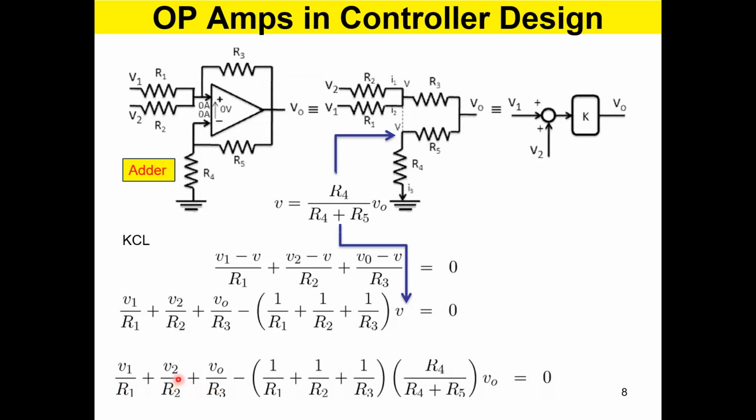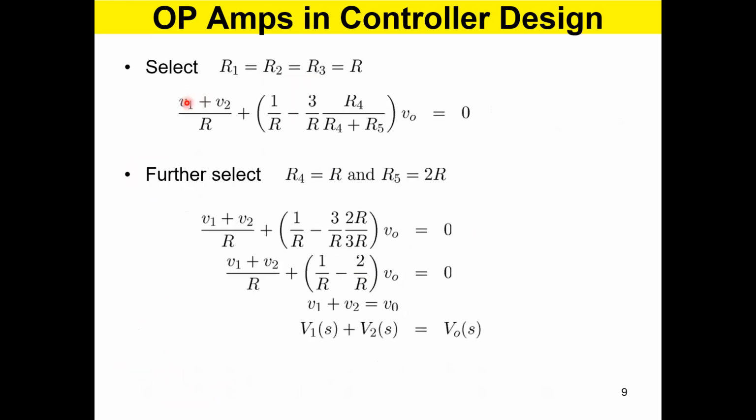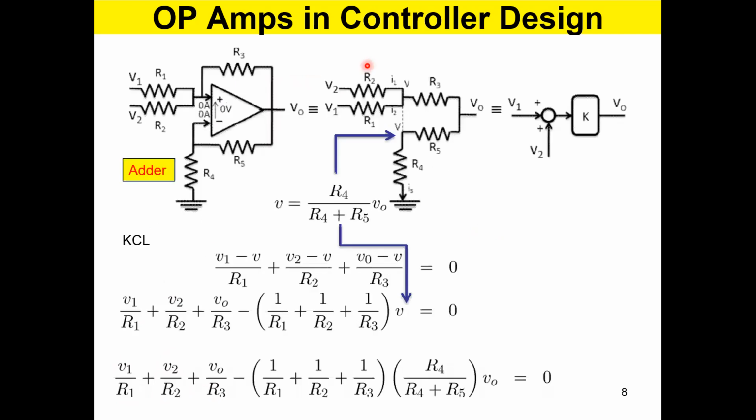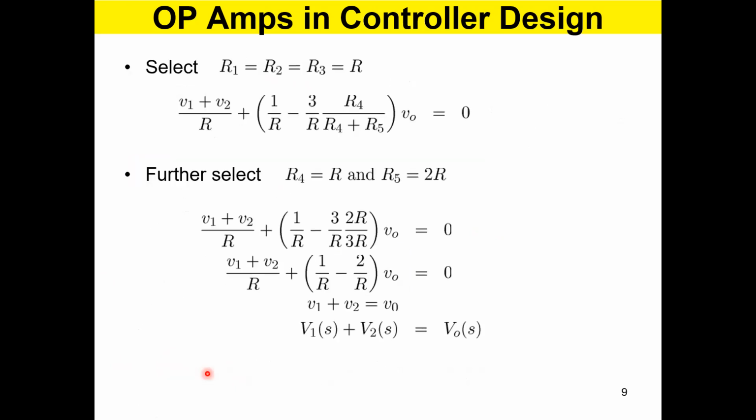So that is why you add V1 to V2, right? You can add V1 plus V2 over R because R1 is equal to R2 and it's equal to R, a single resistor. The V out, you don't add it there, you keep it separately like this,